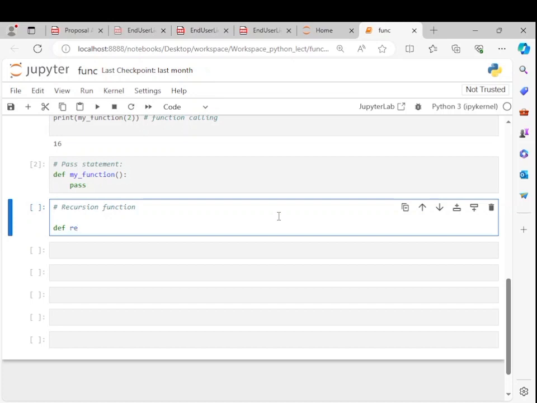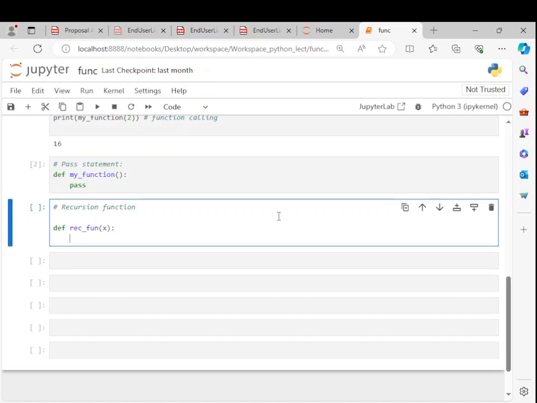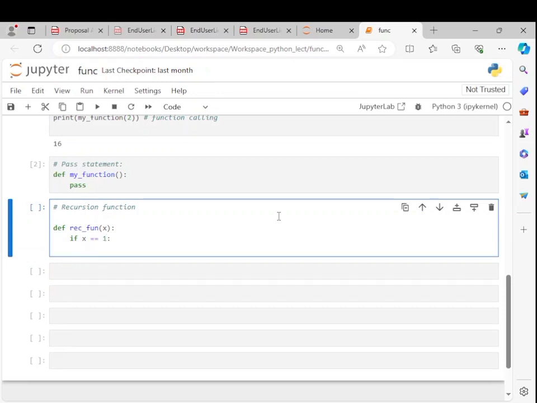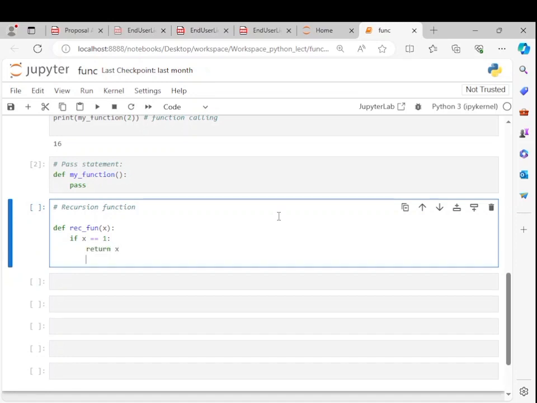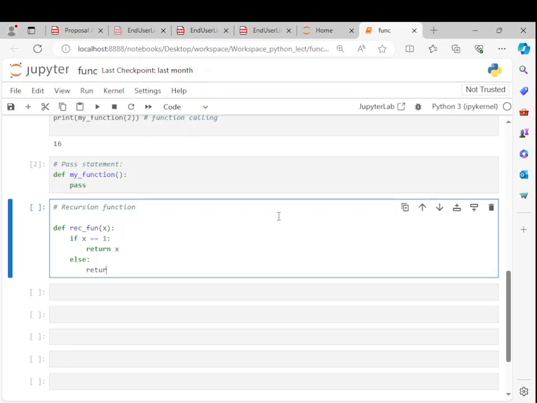Okay, now let's move to our next topic, which is recursion. Recursion means defining a function that calls itself. Let's see how it works. Firstly, we define the recursion function, rec_function, and here if x is equal to 1, it will return x, which is 1. In the else statement it will return x into rec_function of